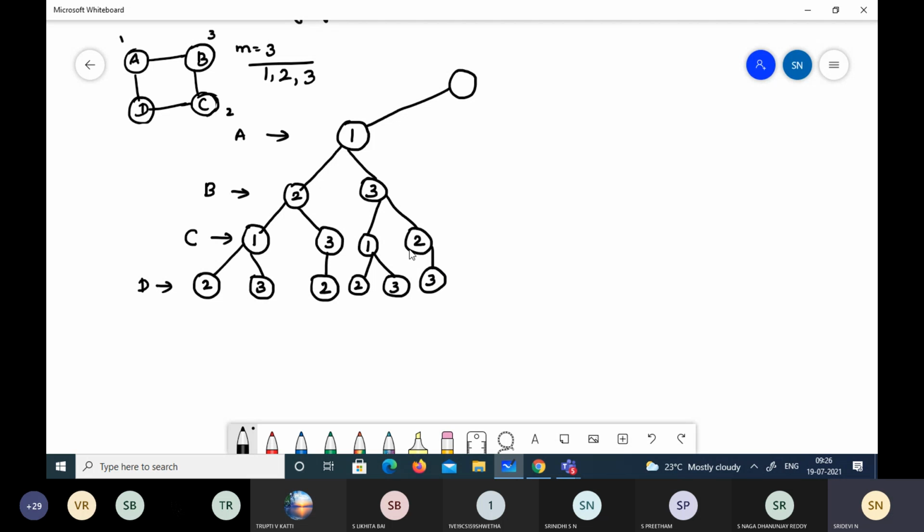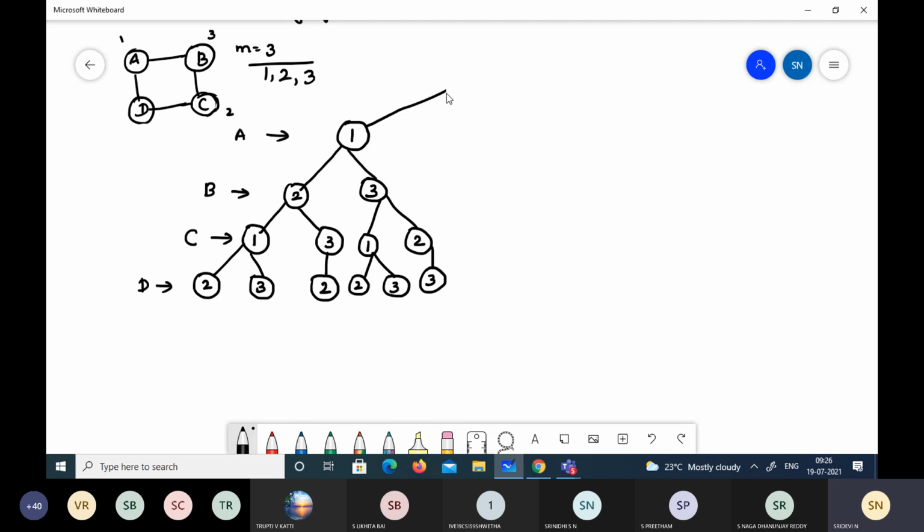Did you get this much? Hope you have understood how coloring is going on. Yes, ma'am. If A is 1, B is 3, then the possible color for C will be either 1 or 2. If it is 1, these are the two possible colors for D. And if it is 2, then this is the only possibility for D. Likewise, we will move on to the next option,